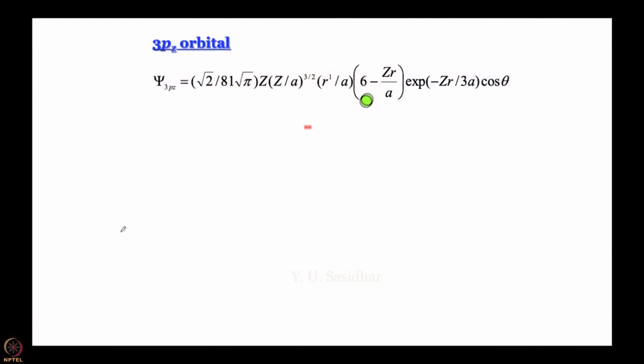So, that is what I wanted to say about 2p orbitals. Let us move on to 3p orbitals. This is your 3pz orbital, and understandably we will only talk about z. What you have here is a constant multiplied by r multiplied by (6 minus zr by a). So, where is the node going to be? r equal to 6a divided by z. If you write in terms of a and put z equal to 1, it is just going to be 6. e to the power minus zr by 3a, no problem with that, multiplied by cos theta of course.